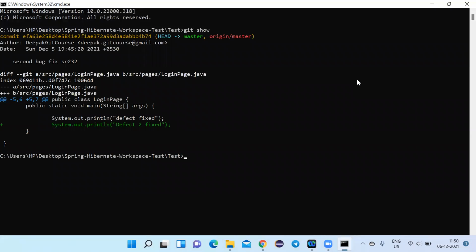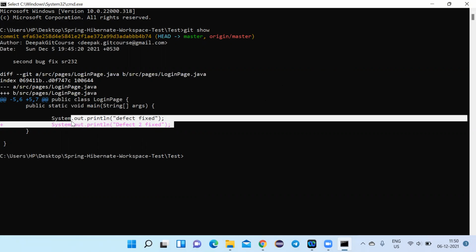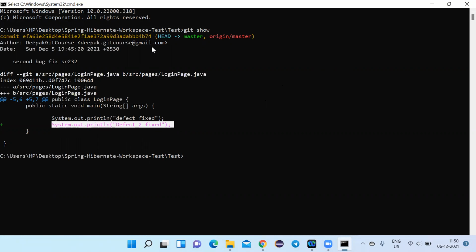Git show will display the recent commit. So what happened to this commit and which code has been added, all these you can see by using a command called git show. This is the line that has been added in the recent commit.